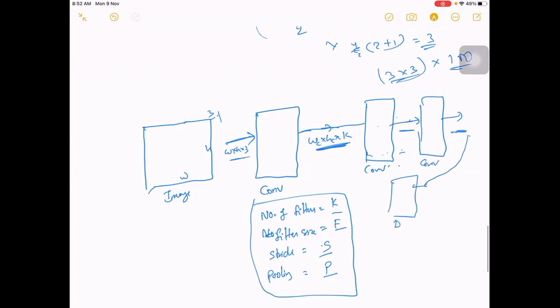You flatten this layer, which, as we know, makes it a single long vector, and finally add a dense layer if you want.